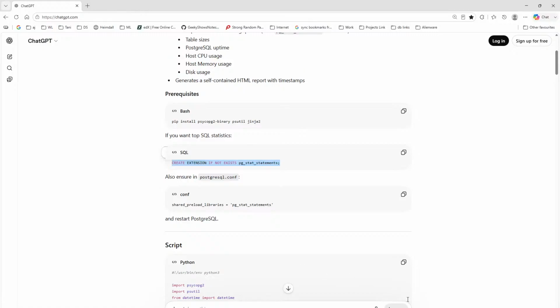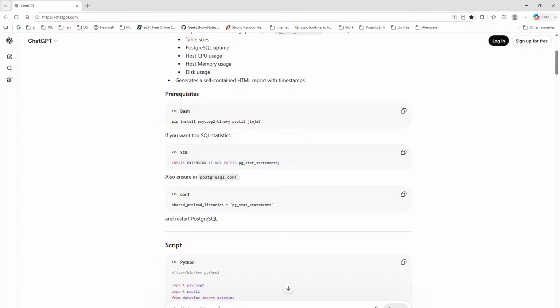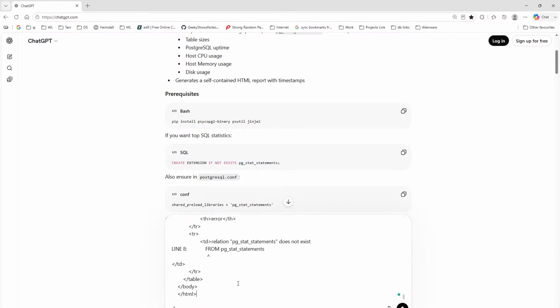So let's suppose this is a very basic report, right? This is a very basic report. Let's suppose tomorrow you want to make it a little more modern. You want to add more options. So simply go to your ChatGPT and paste your report. And now just mention,